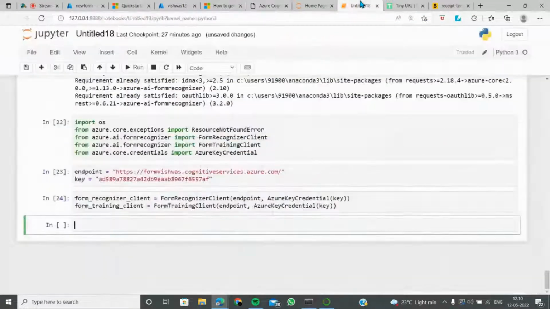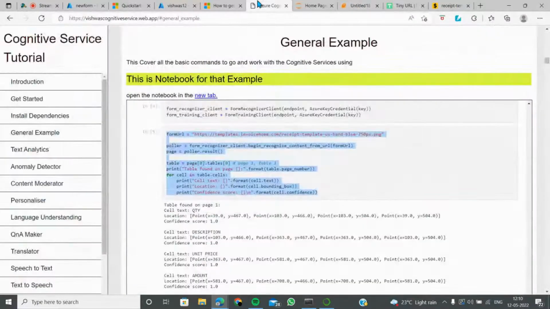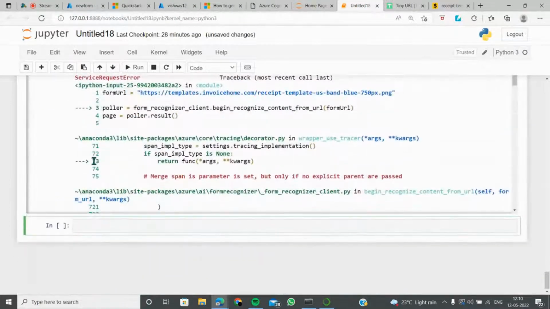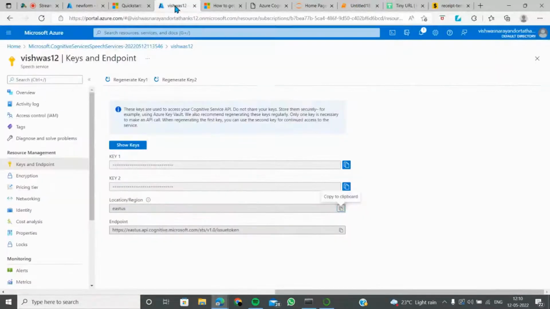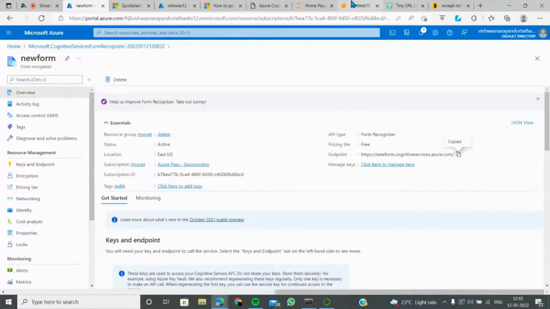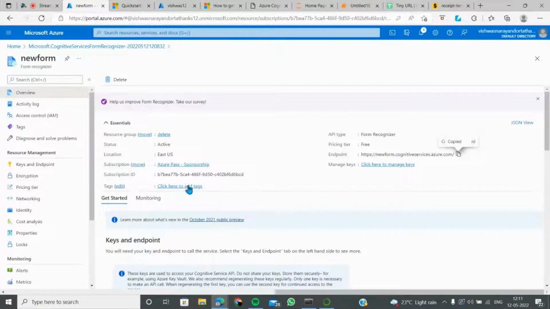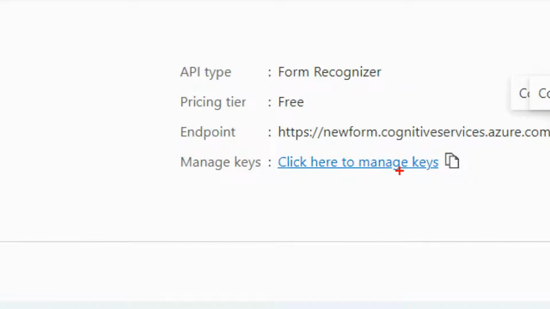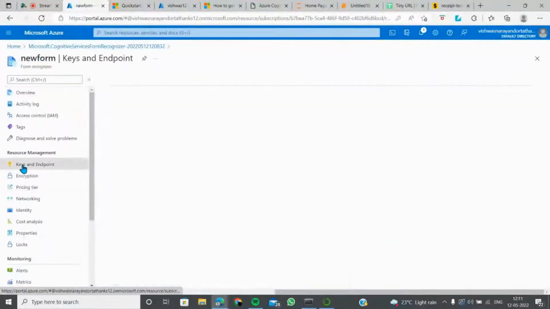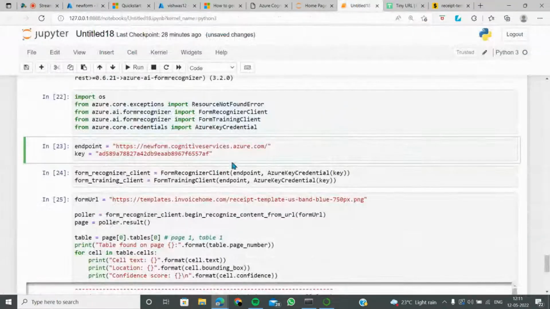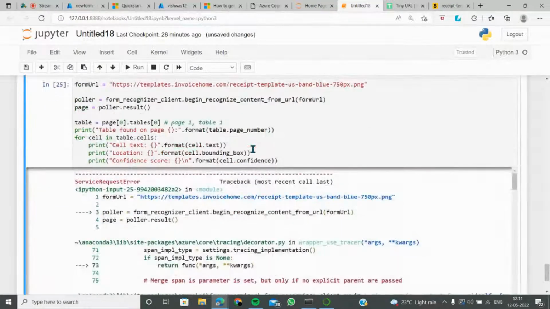Form URL, yes. So, oh God. Very bad in terms of using a computer. So yeah, the service request didn't come. So what we'll do is we'll copy the endpoint from here. That's what we wanted, and we'll paste it here. So new form is what I wanted, and yeah, it came as a new form. And I click here for managing the keys. I'll still go here, keys and endpoint. So I can generate one key, and I can just take it here, and just look at the magic. Now this will run.